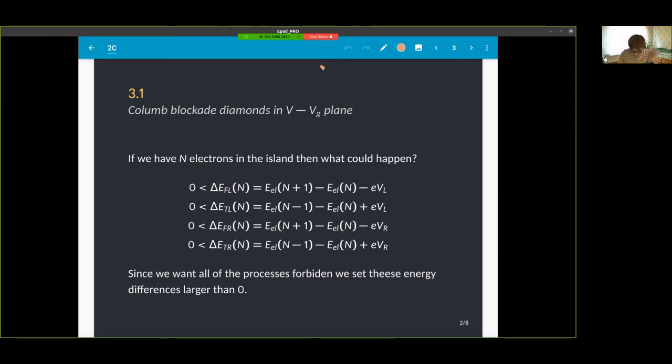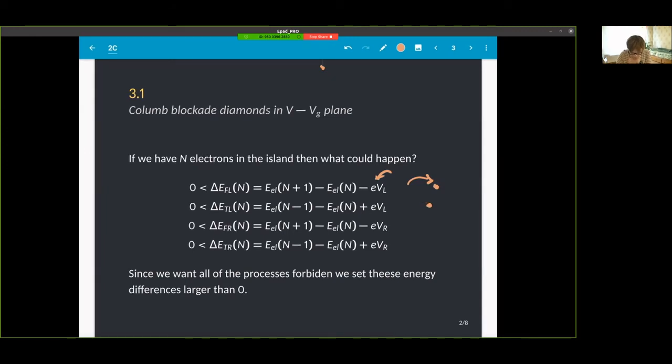electron to hop from the left to the island. So let's say we have center electron, and this is a hop from the left. Energy difference, that means we need to take off, also we need to add work that we take the electron off where it likes to sit in. So we subtract minus EV left, and